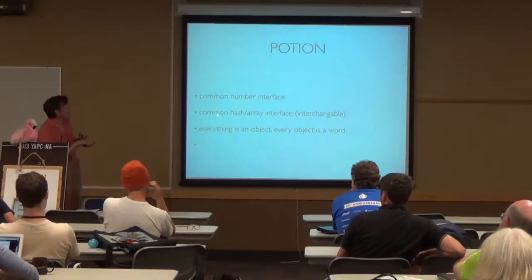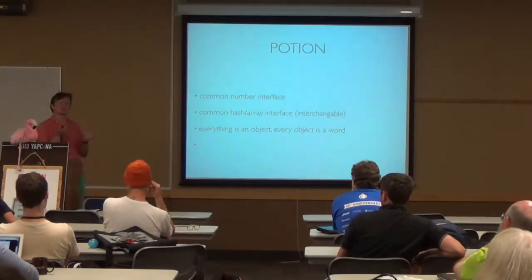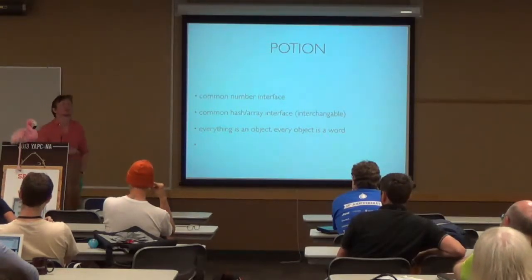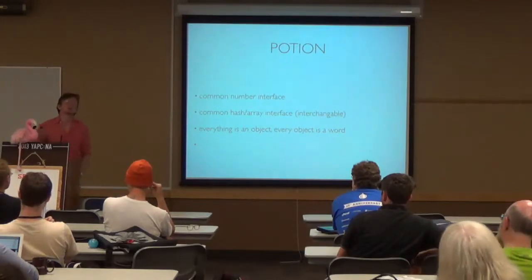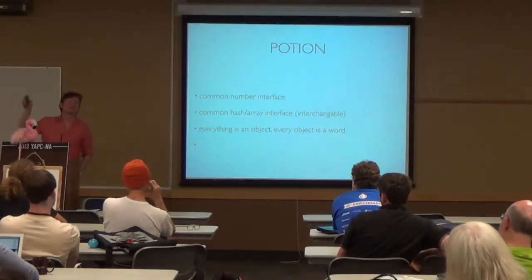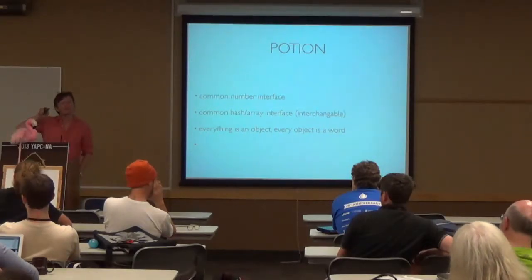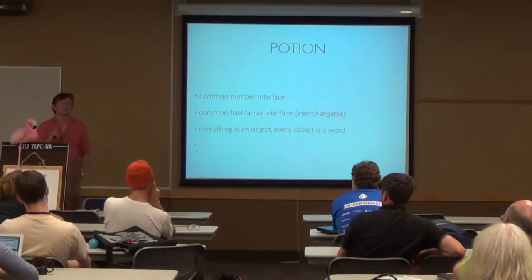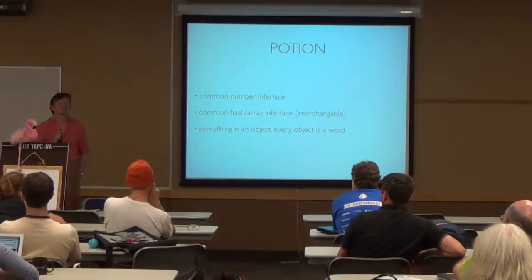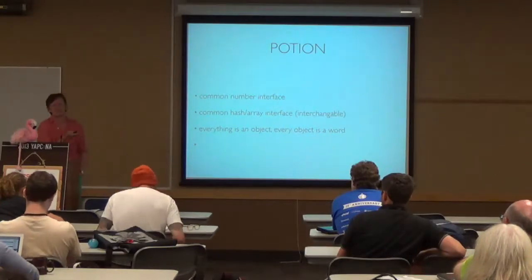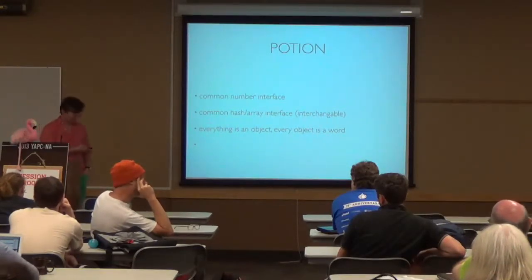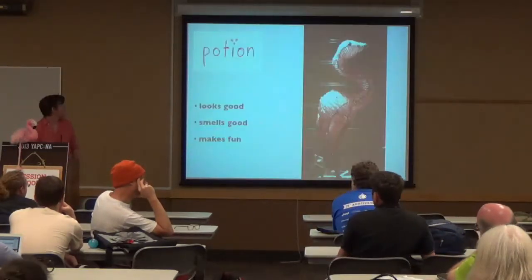So he's not using the common hash array interface from Lua. He's changed it. It's like Perl, but it's more Lispy-like. I want to have it more functional, so I want to return copies and not references. And if a library author wants to have references, then there's a different name for it, like reverse and reverse. Return a copy to be safe. Not efficient, but I'd rather prefer safety on this part. Or splice and so on. Same with strings. Substring returns a copy. Everything is an object. Every object is a word size. Every op is a word size.